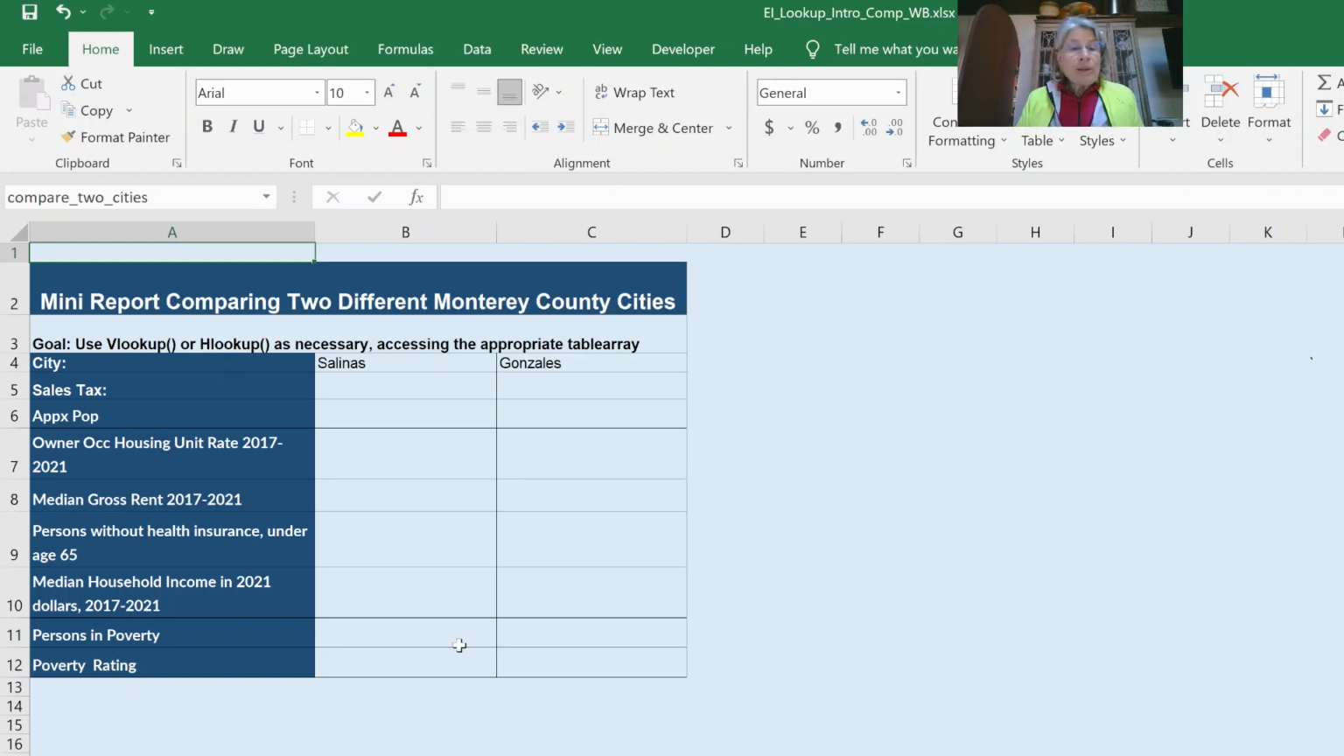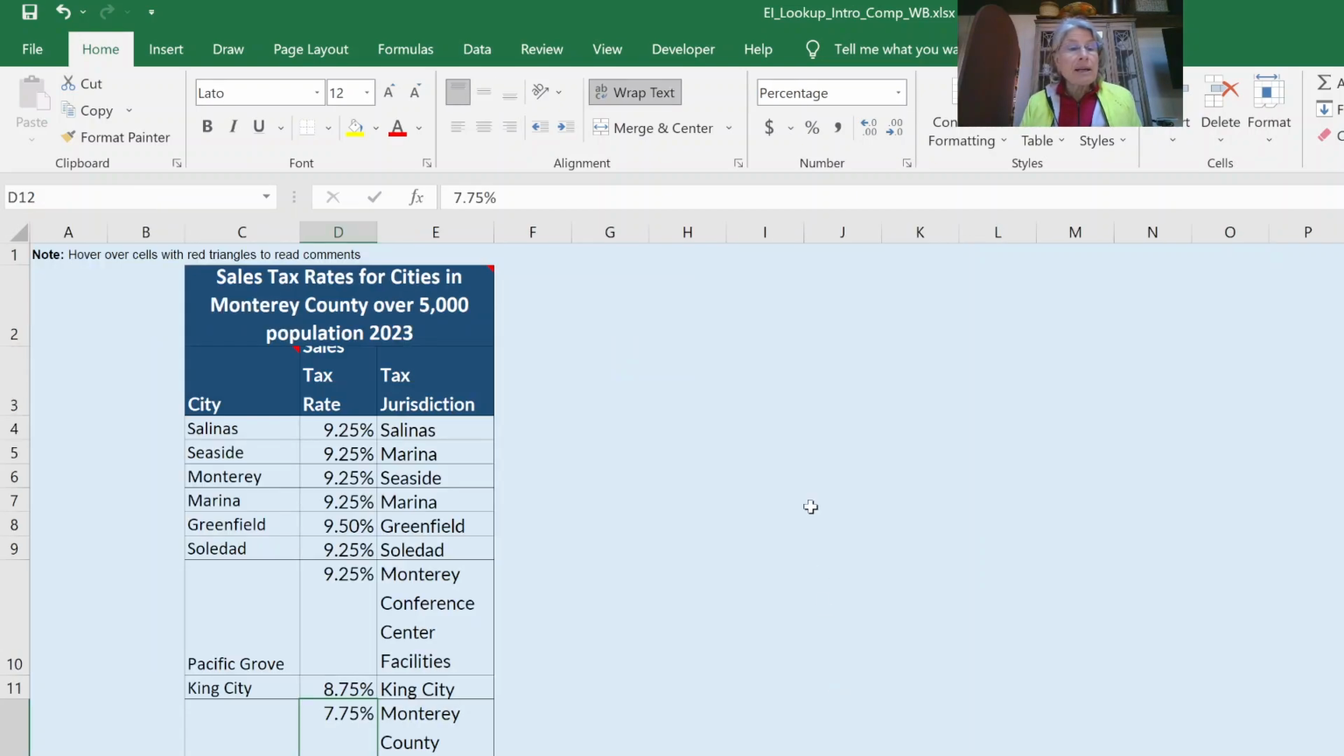So to complete this report, we are going to use 3 different tables of information, and we're going to need to use VLOOKUP with an exact match and VLOOKUP with a range match, and we're going to use HLOOKUP with an exact match. The first row in this table below the city names is sales tax, and we have a table of sales tax information for Monterey County cities on a worksheet entitled Sales Tax Monterey County, and we can take a look at the table array